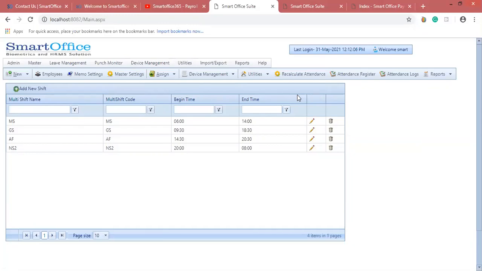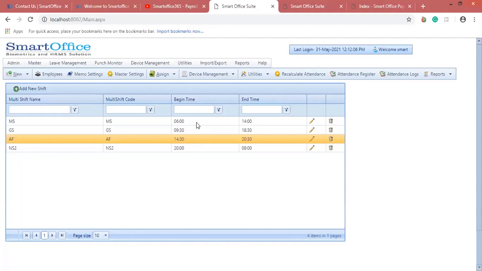Say for example, in hospitals, I'll just give an example. Suppose one of the staff comes in the morning shift, and because another employee has not come, the afternoon shift has to be completed by another employee, so she is asked to stay for the next shift also. That is, from 6 o'clock to 2 o'clock she will be doing one shift, and she continues for the afternoon shift also. That means she is performing a dual shift, or two shifts, in a single day.